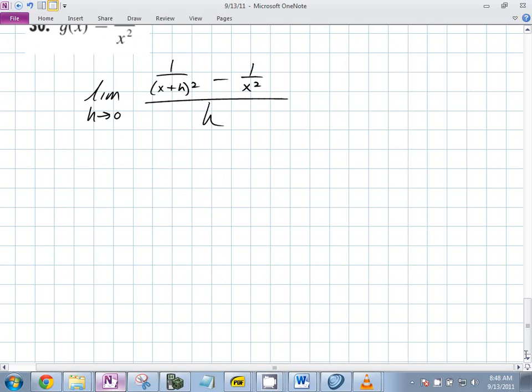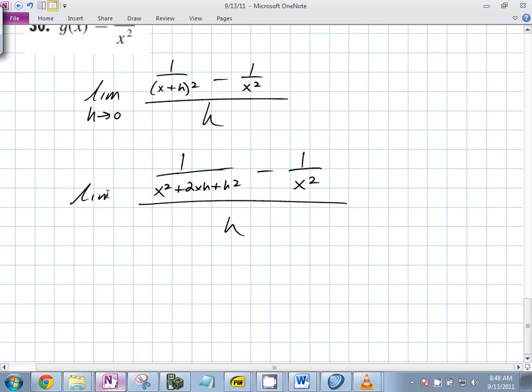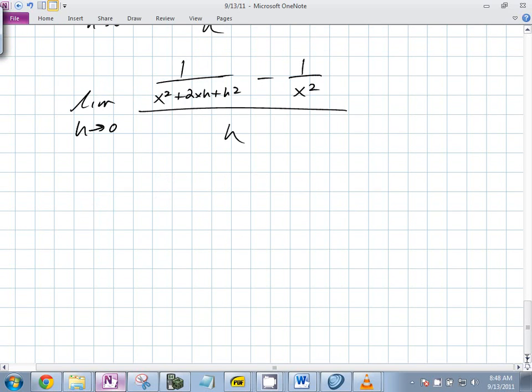So you get 1 over x squared plus 2xh plus h squared, minus 1 over x squared, all over h. Now what do you want to do? You want a common denominator? Okay. So we end up with